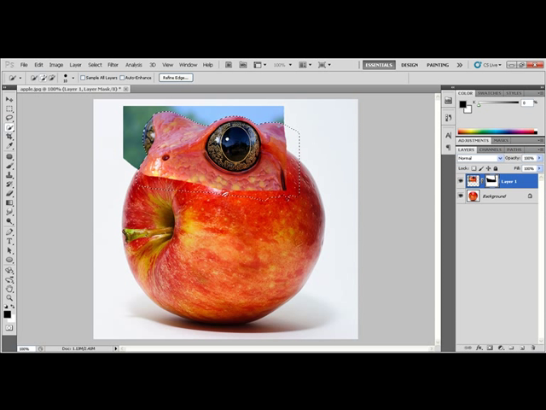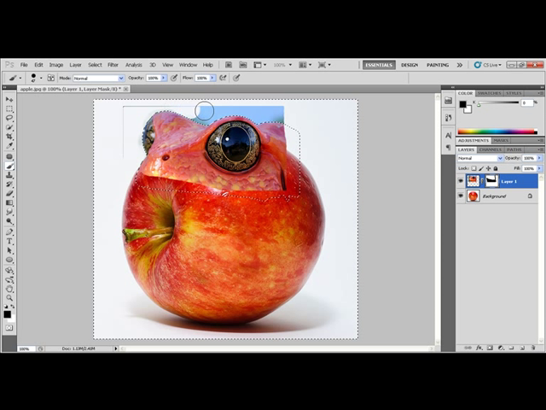Now, I can only paint inside the selection, which is not what I want to do. So what I'm going to do is now flip it round and invert the selection with Control, Shift, I. Now what I've got selected is everything but the frog. So if I grab my paintbrush now, I can just slap on a load of black and get rid of all that stuff I don't want. Okay, Control D will deselect,